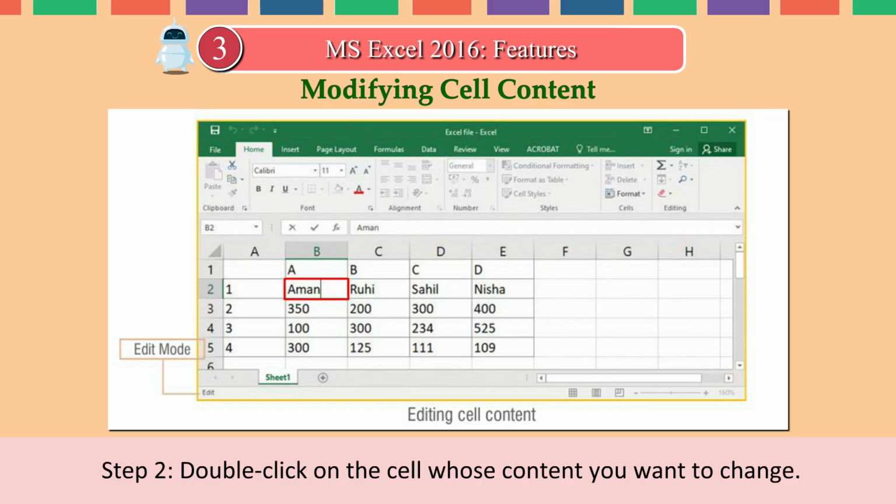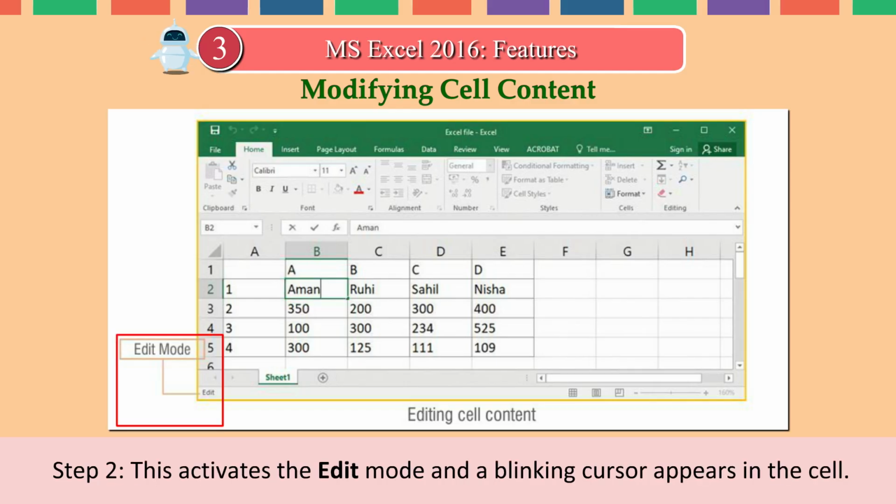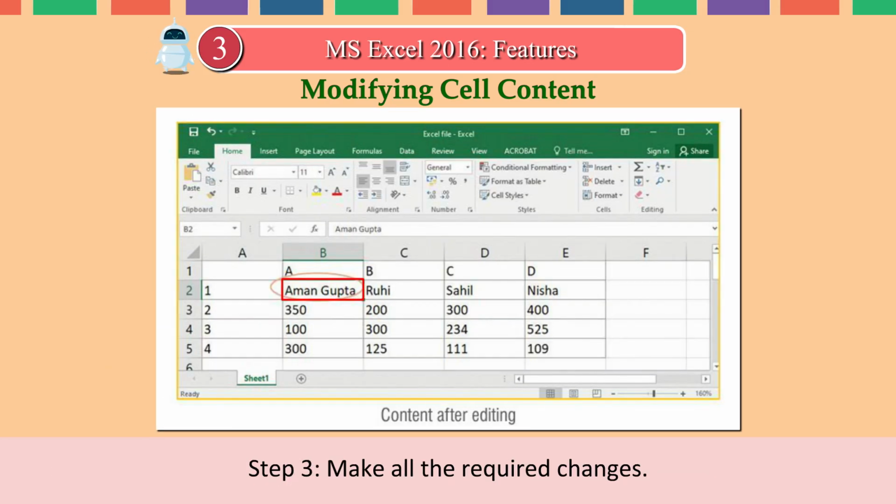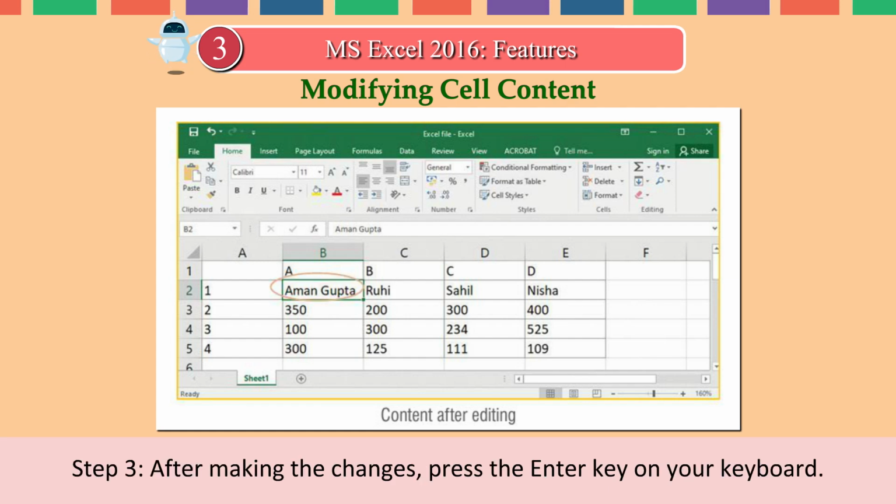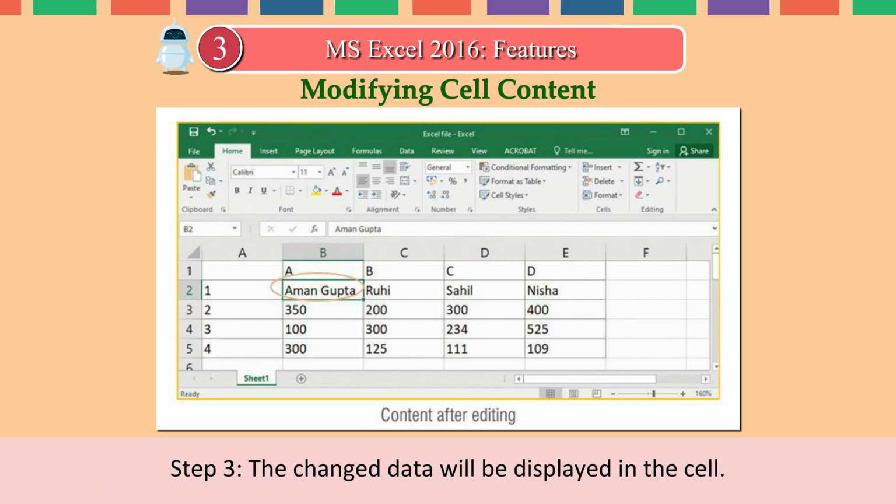Step 2. Double-click on the cell whose content you want to change. This activates the edit mode and a blinking cursor appears in the cell. Step 3. Make all the required changes. After making the changes, press the Enter key on your keyboard. The changed data will be displayed in the cell.